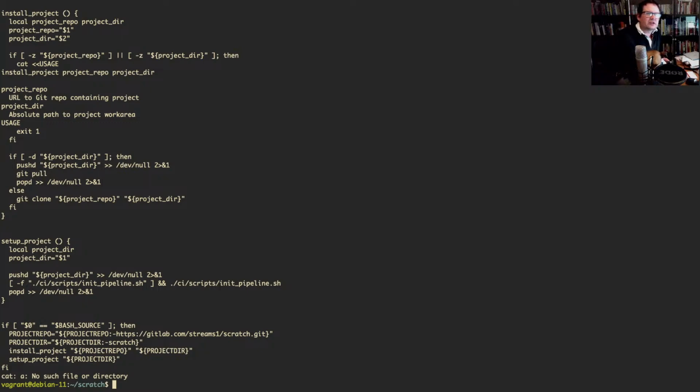What this does is it gets the repository which has got this Scratch source project in it, and then it invokes this initialize pipeline script,